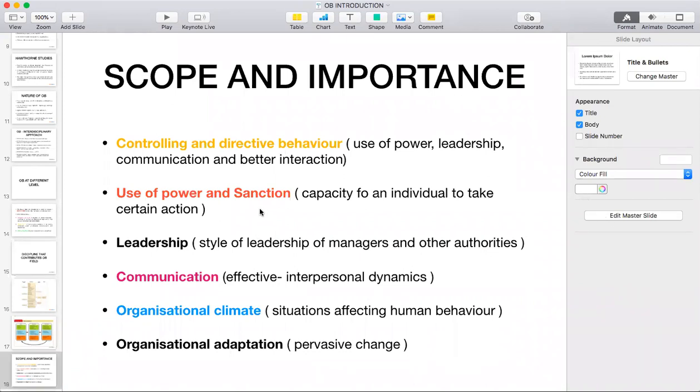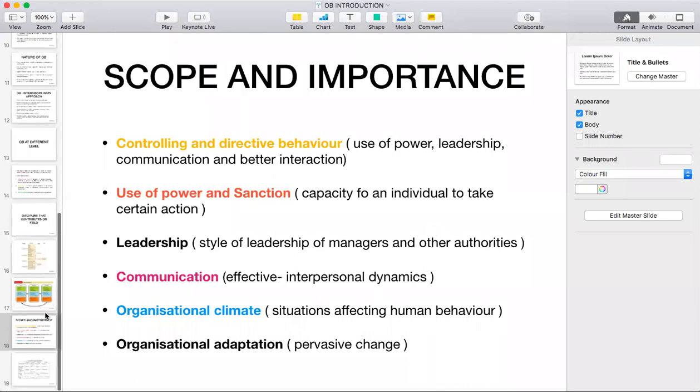I'm unmuting everyone right now. You can ask your query if you have any. Yes. Any doubt till this point? Yeah. So here the use of power is individual or group or